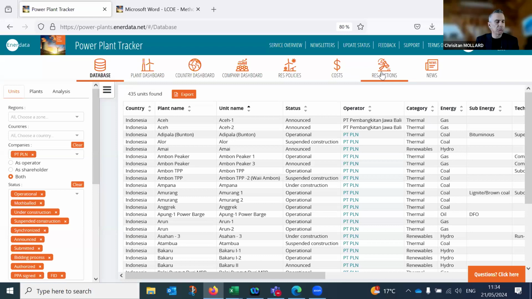By the way, it reminds me that there is another piece of information, quite an important one, about the coverage that I missed during my presentation. Installed capacity, because it's quite important. The power plant tracker starts to cover assets from 0.1 installed gigawatts. So of course, the large projects are quite easy to cover, but for the smaller ones, we make our best efforts to make it possible as well.